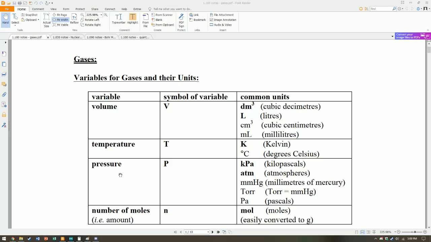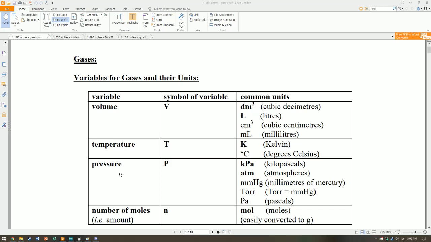It's firstly assumed that the gas particles have no attraction for each other, so there are no intermolecular forces causing any attraction between the particles, and it's assumed that they have negligible volume. It assumes that they're randomly moving around, and as a result of randomly moving around, they fill to occupy a space,